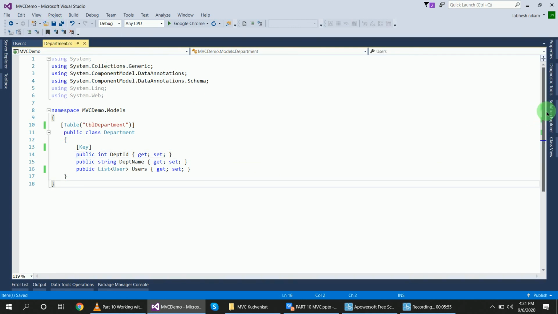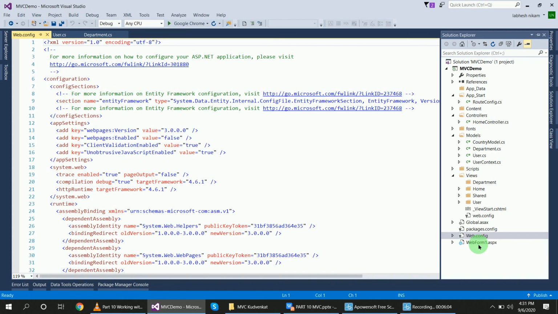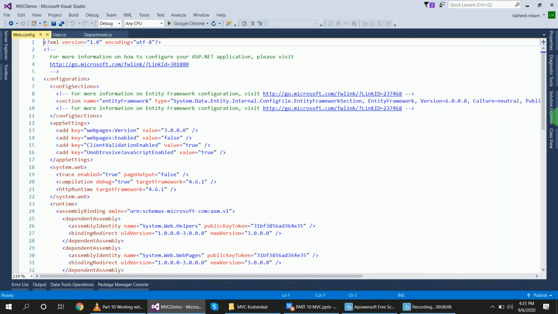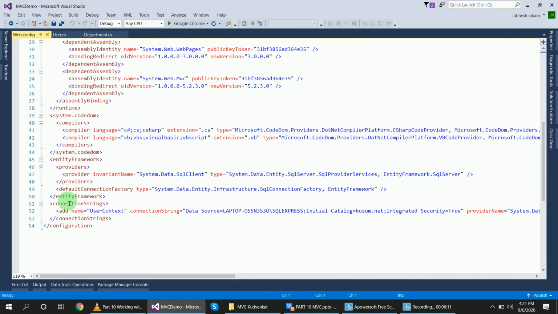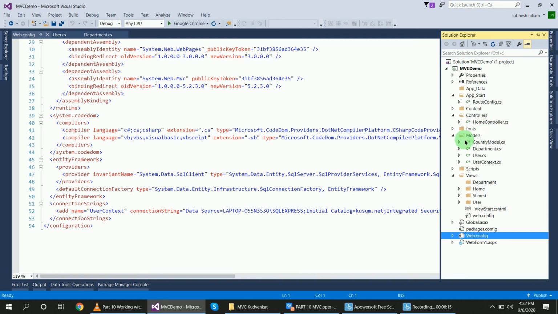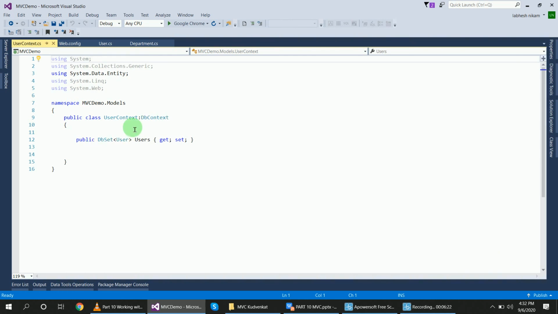Now in the web config file, last time in part 9 I declared this connection string here. Okay, this is my connection string, add name UserContext, and this connection is defined from the model class where UserContext, right? This UserContext, colon DbContext, is derived from DbContext.